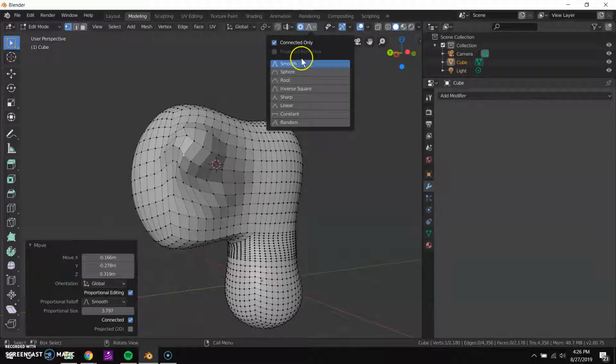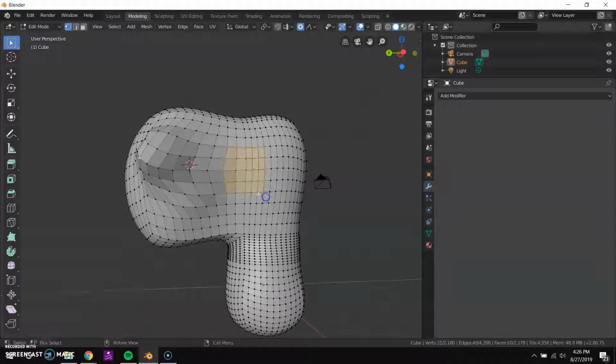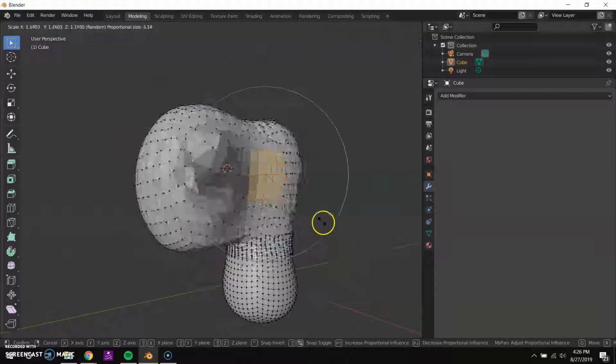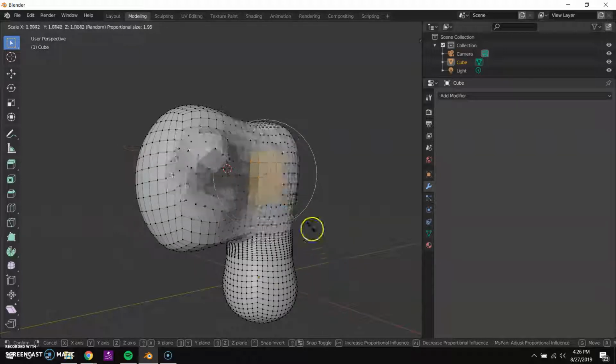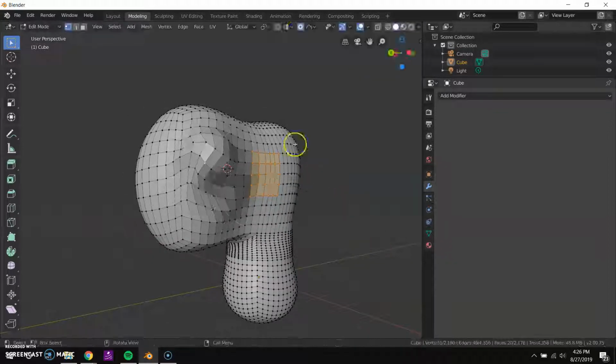There's also a few different options in terms of how the effect falls off. So I could choose random and use the box select, which is B, to select a bunch of points. And then you can see it is scaling all of these different points in a semi-random way that falls off from the middle of my selection, which I don't really want. I don't know quite when you would ever want that, but there's also things like root and smooth sphere,